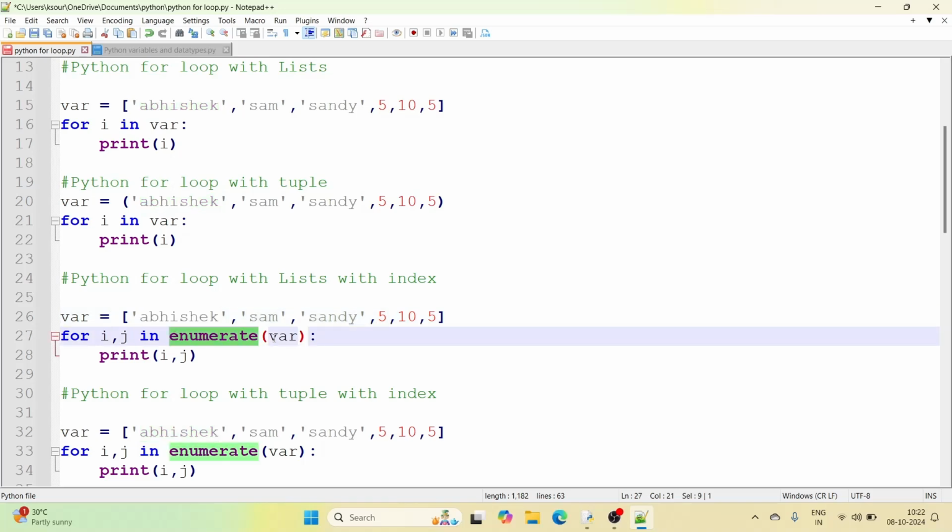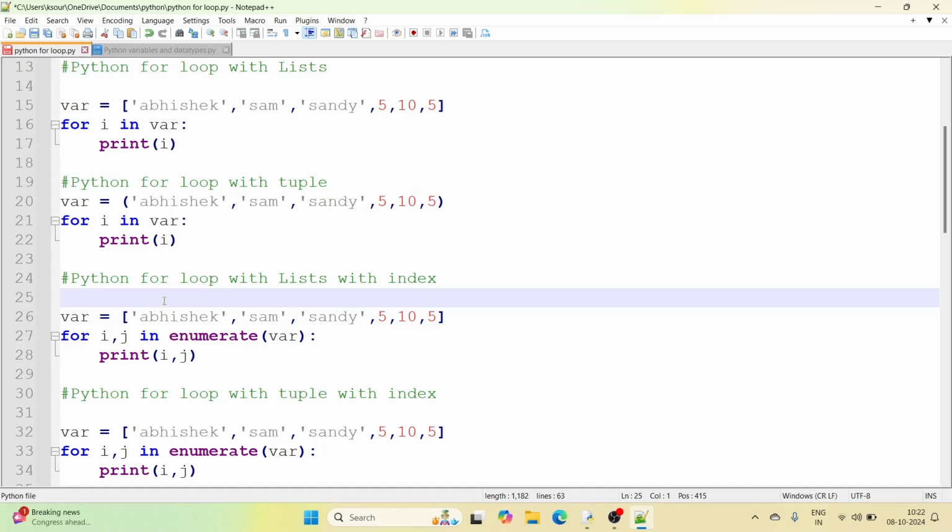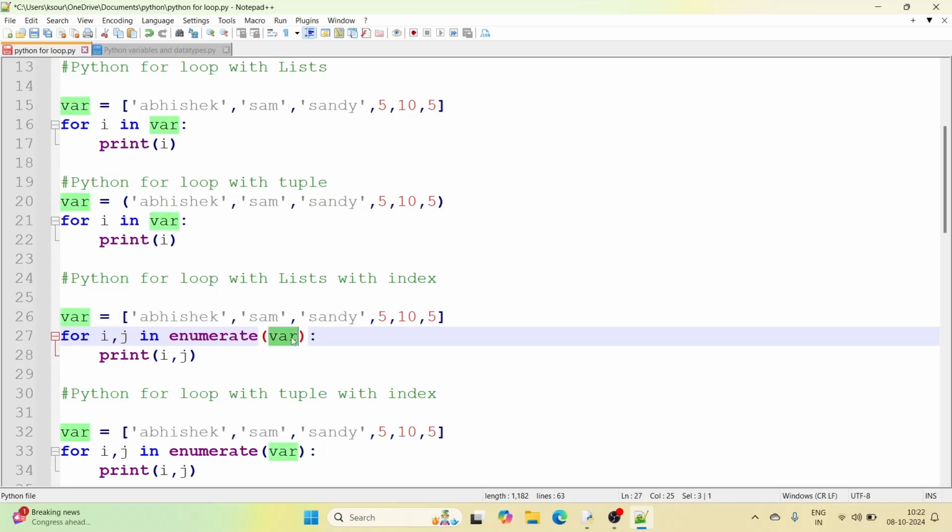If you pass this list in enumerate, it saves like 0 Abhishek, 1 Sam, 2 Sandy, 3 5, 4 10, 5 5. So as soon as you pass any list or tuple in the enumerate function, you can print both index and value from this variable.